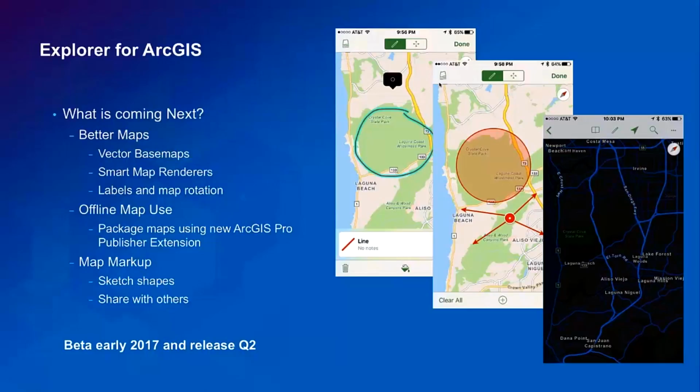If it's a well-known shape like a circle or rectangle, Explorer will detect that and turn it into one for you, into a true graphics object that you could fill and move around. Similarly with arrows and lines, you could do the same. And then store that and share that as a new type of graphics layer that can be used to update the GIS. So no longer would the red lines be on top of paper and live only in the truck. It would be shareable, so it could be updatable in the GIS. And that's planned for a Q2 release with the beta early this next year.